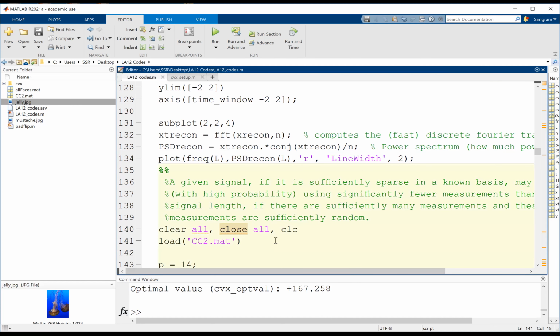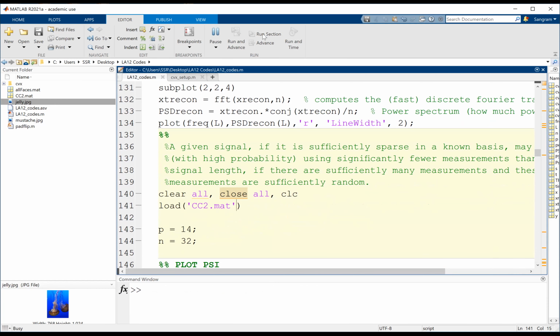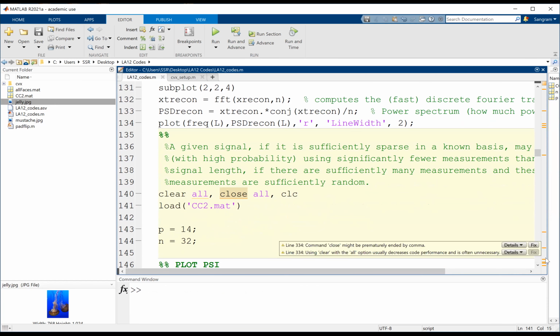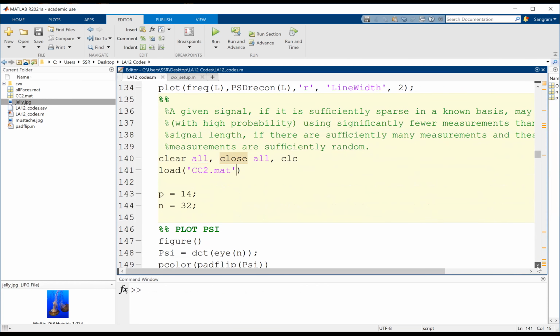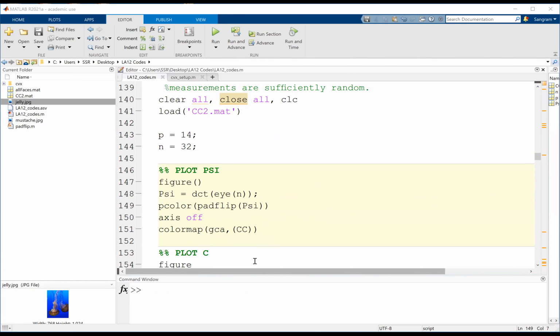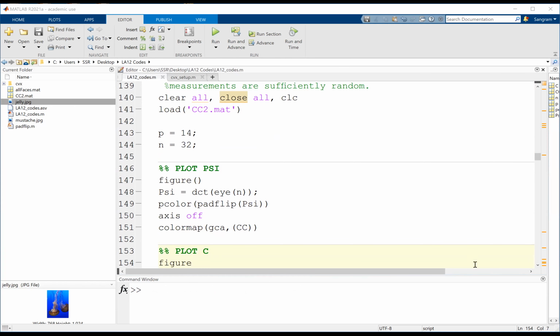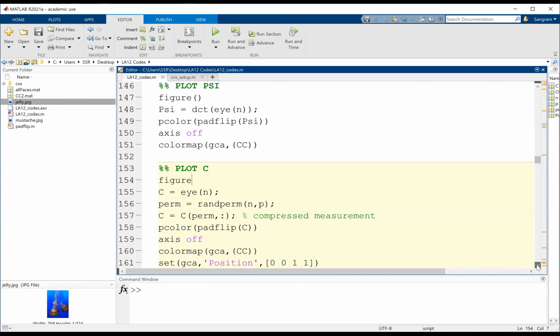So now let me give you the second example. This is the data set. Run section, this will load the data set, and this will actually show you how it works. Just wait a second, I need to arrange this so that you will understand.